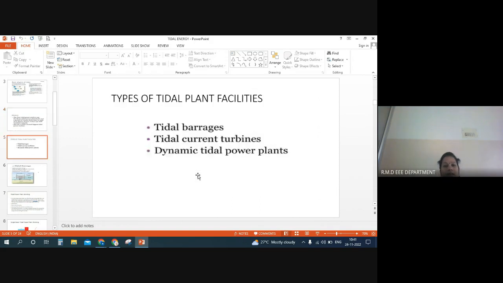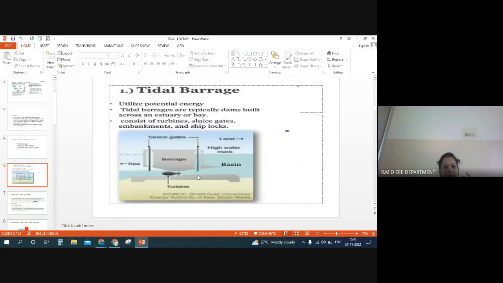Then we have some of the tidal plant facilities. The tidal plant can be constructed with tidal barrages, tidal current turbines or dynamical tidal power plants. So here is an example of a tidal barrage system, which mainly utilizes the potential energy of the tides, and these are generally built across a bay, and it consists of a turbine, sluice gates, embankments, ship locks, etc. So here we have a barrage and the sluice gates,